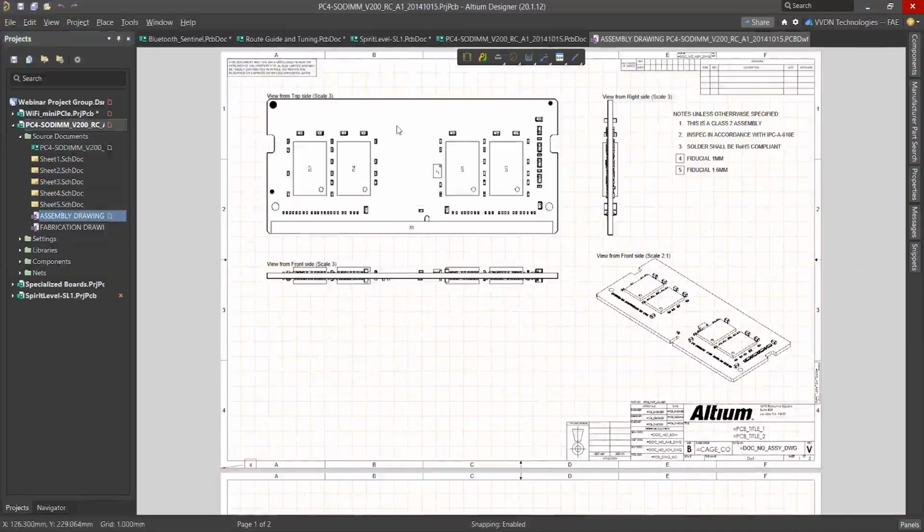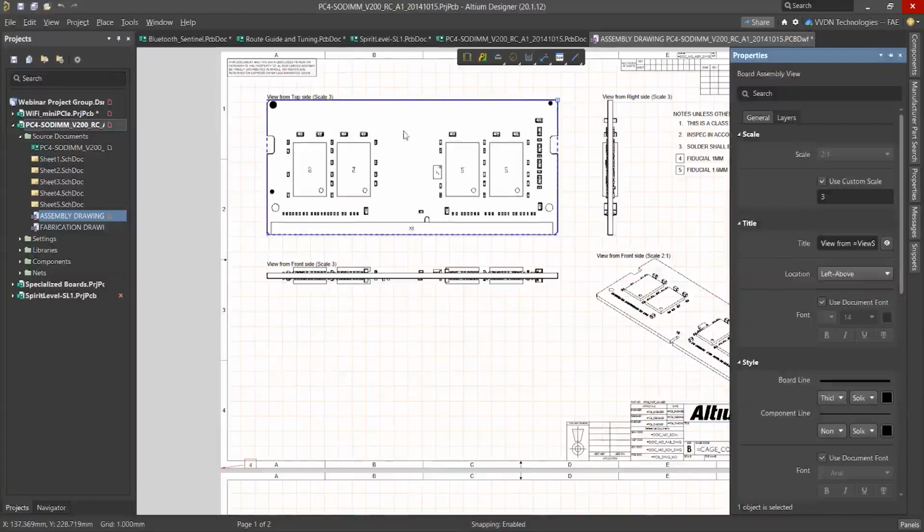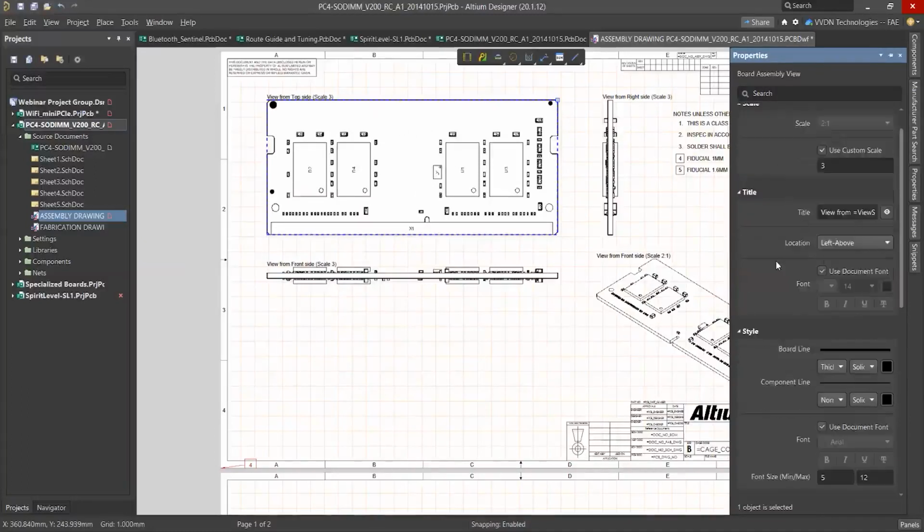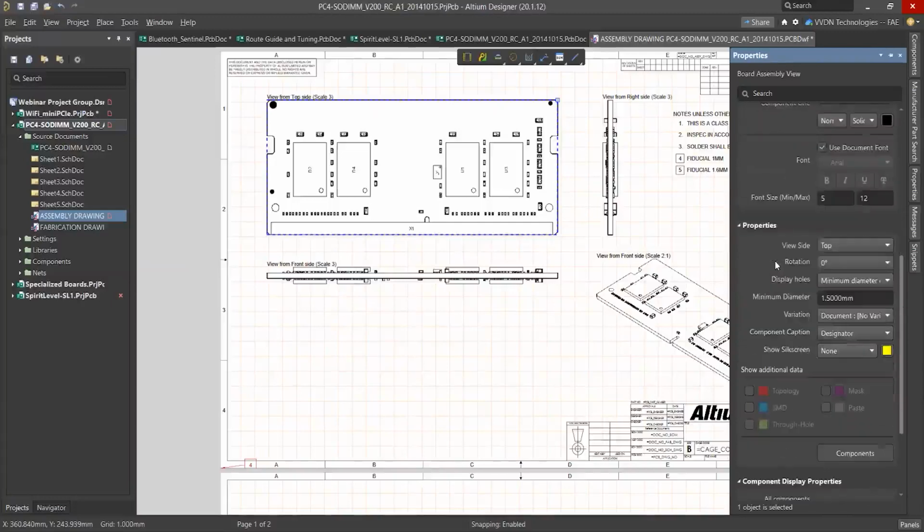Suppose you want to view the bottom side, at that time you can double click, and from the properties window we can change that. Under properties, view from top, you can choose bottom, and it will be reflected.